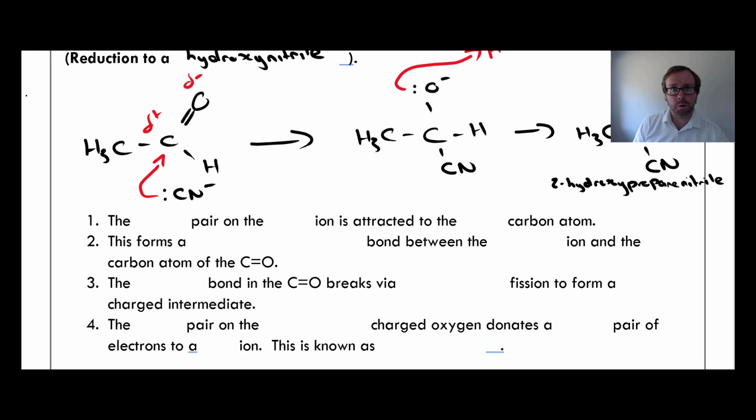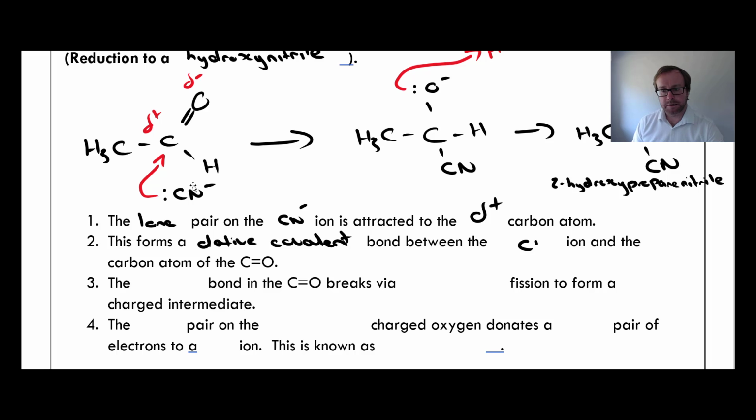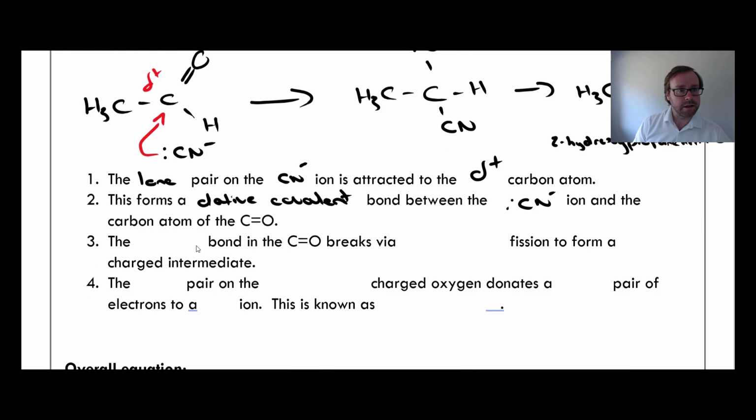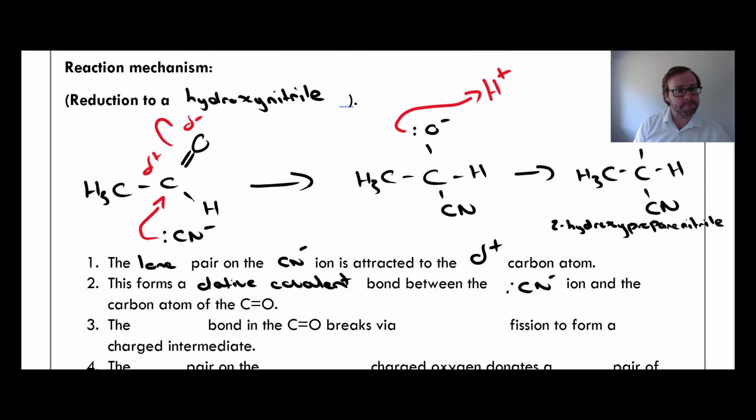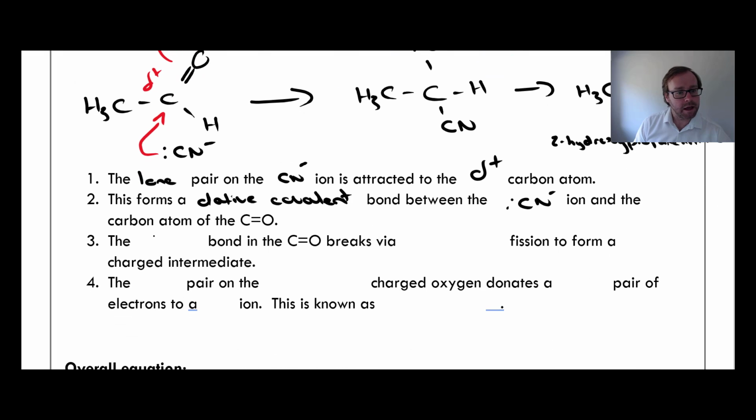So it's very similar to the other one we were doing. So the lone pair on the CN- ion, so this is just instead of my hydride ion, it's attracted to the delta positive carbon atom. This forms a dative covalent bond between the CN- ion and the carbon atom of the C double bond O. The double bond in the C double bond O breaks via